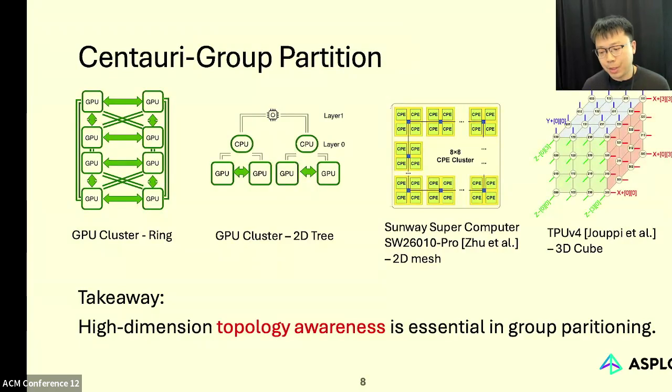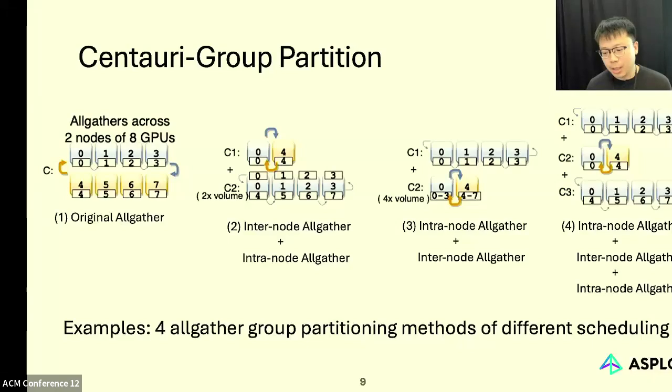And regarding group partitioning, different network topologies of clusters may have different characteristics. Hence, I would convey that high dimension topology awareness is essential in group partitioning. This is predominantly due to the inconsistent communication overheads between internode and intranode. So here we use the all-gather primitive as an example, and provide 4 different group partitioning methods across 2